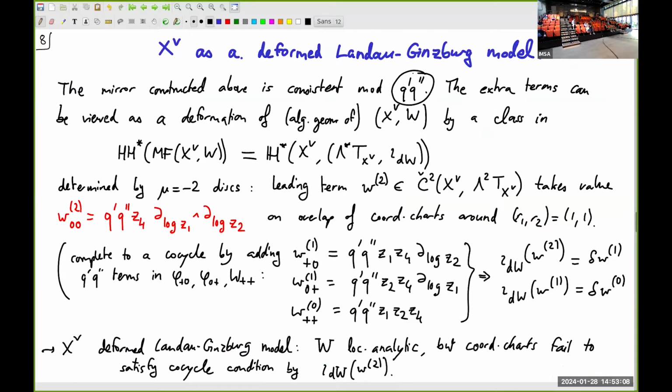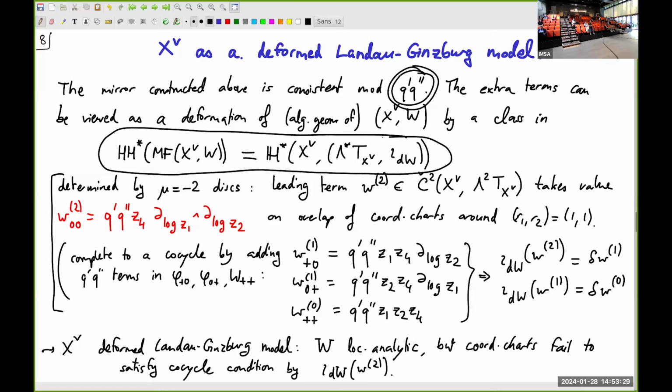And the further terms involving this quantity, which basically comes from the Maslov index -2 disk and everything that is formed by attaching it to something else, essentially can be viewed to altogether build a cocycle in the Hochschild cochain complex of matrix factorizations of the superpotential